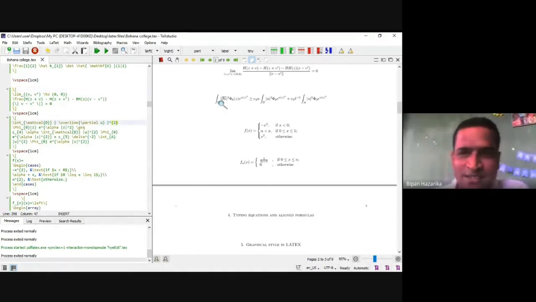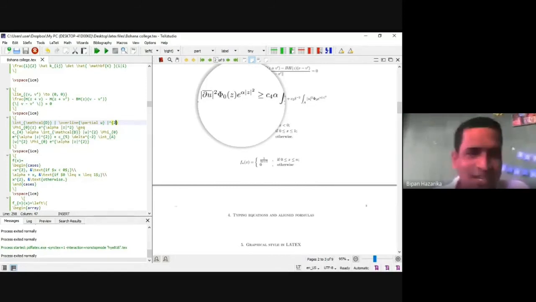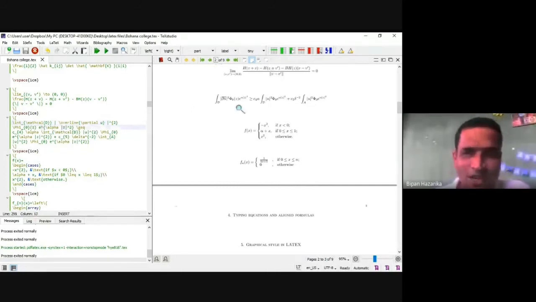Then phi, capital P, so it is big phi, with 0 in the subscript. Then e to the power alpha into mod z square, within the curly bracket: alpha and modulus of z square.